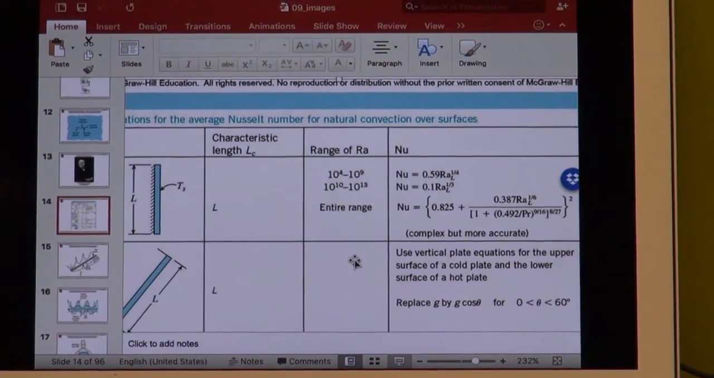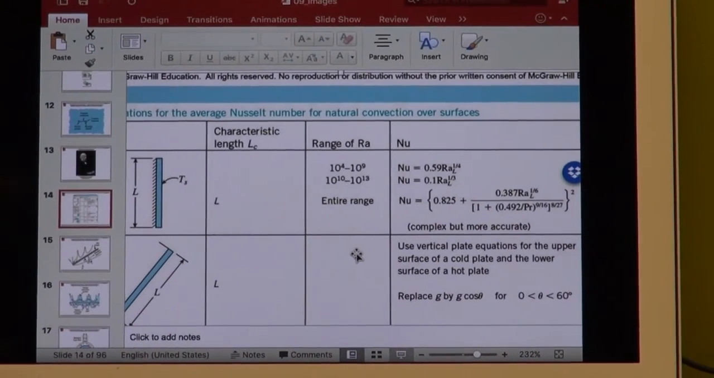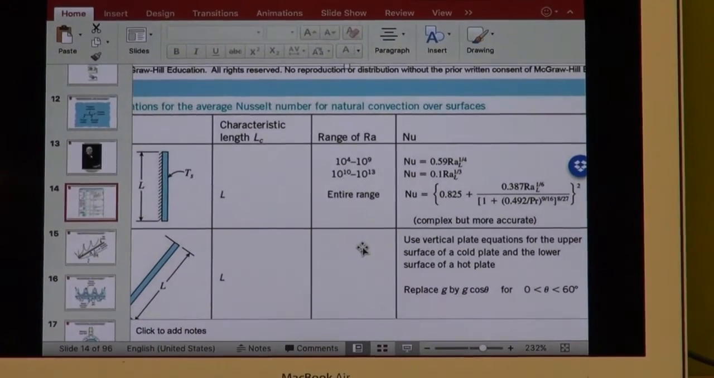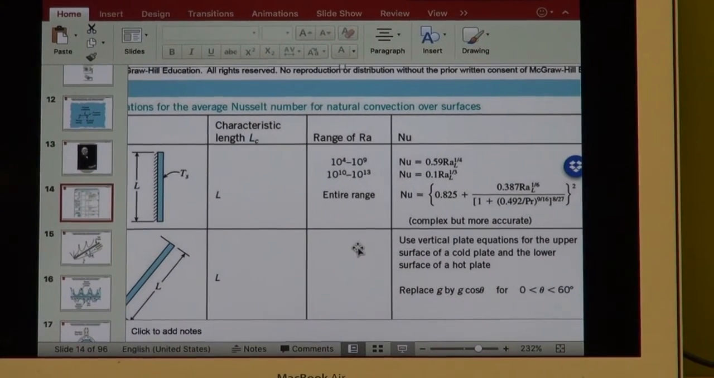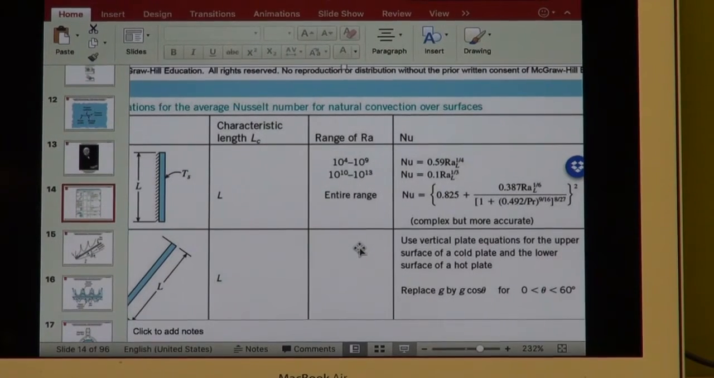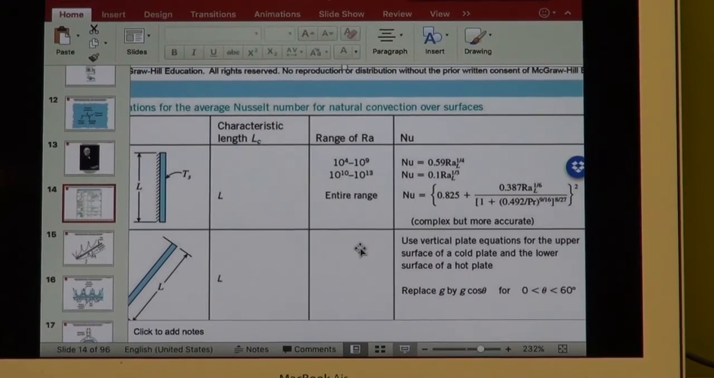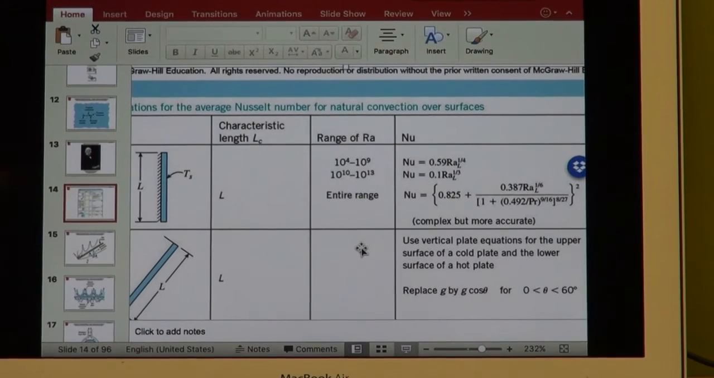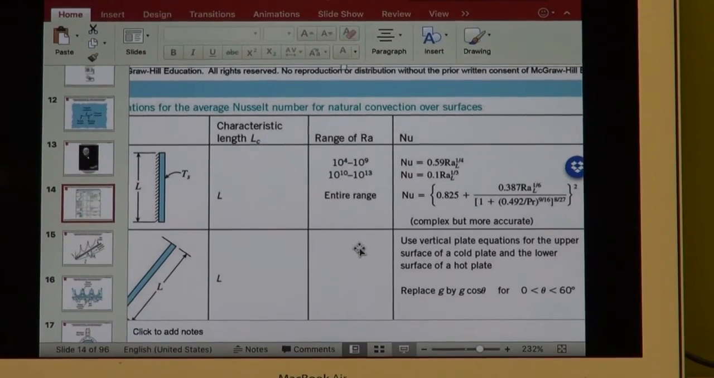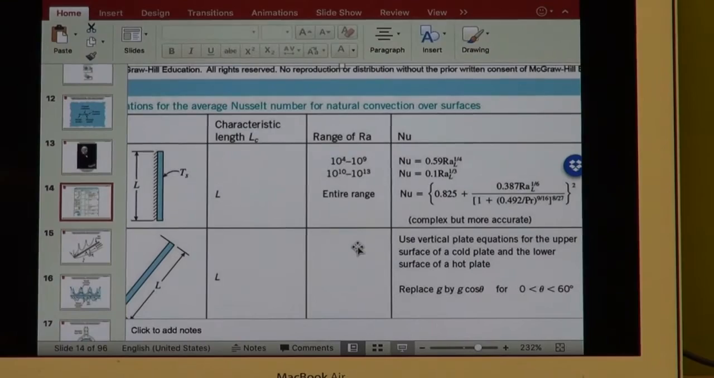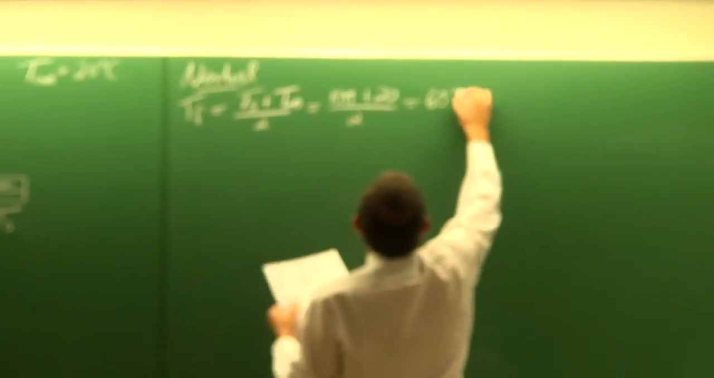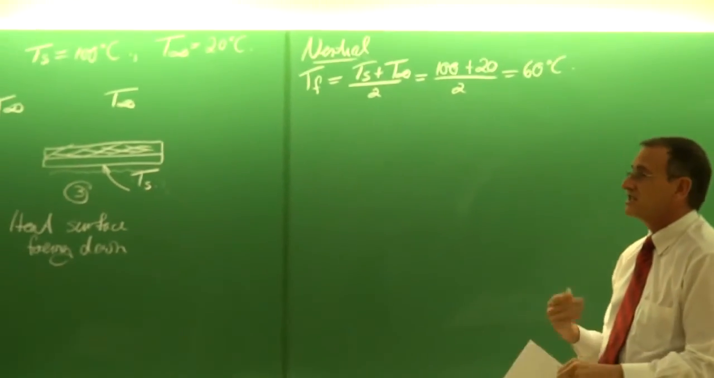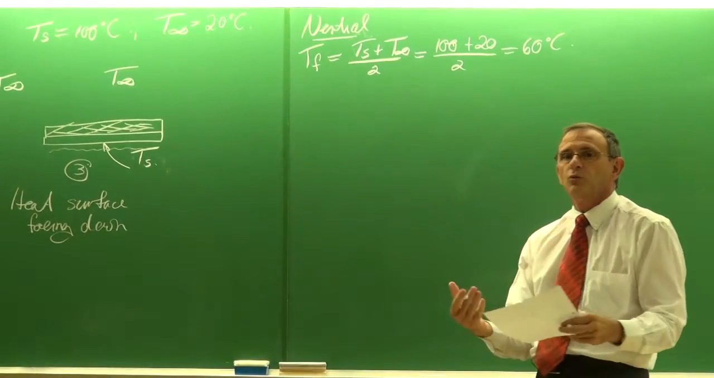Now the Prandtl number is always at what temperature? Okay. And the Rayleigh number, there's also a property that we need to get at a certain temperature. Now what temperature do we use? We use the film temperature. So the film temperature is the average of the surface temperature plus the environment temperature, divided by 2. So in this case it is (100 + 20) / 2. So our film temperature is 60 degrees Celsius, and that is the temperature where we have to go and get